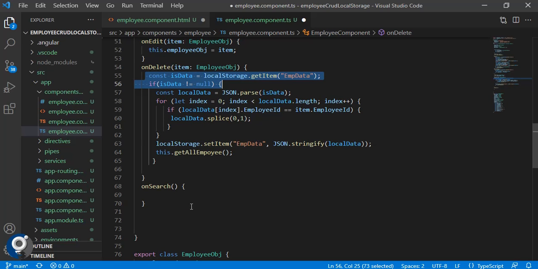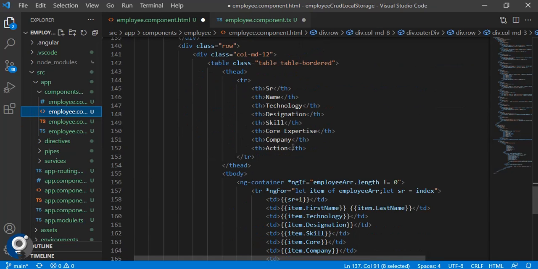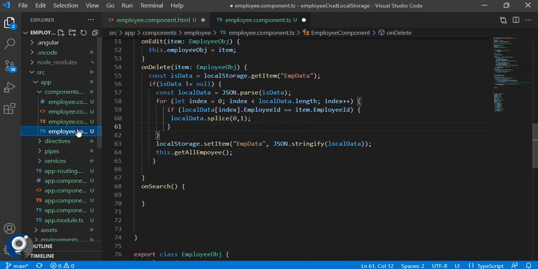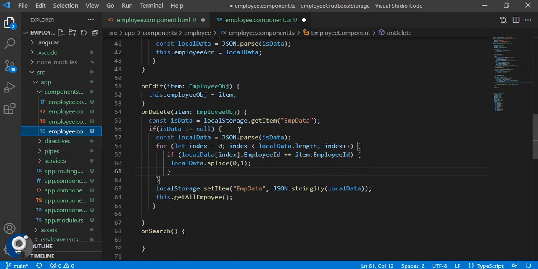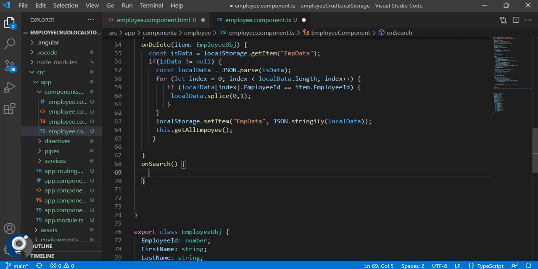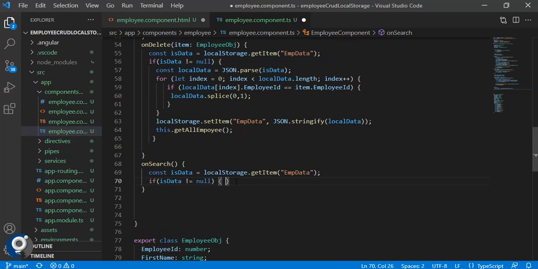First we have to get the data. Data will already be in the employee array, and it will be the filter data. So better to get the data from the local storage. So on this dot on search, what we need to do,